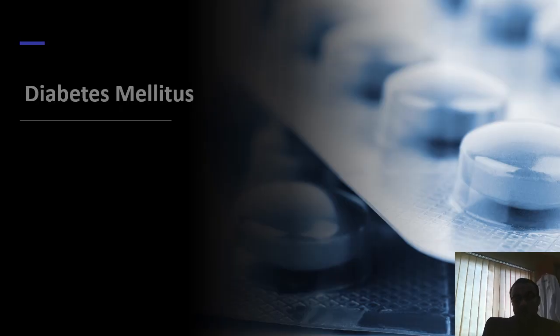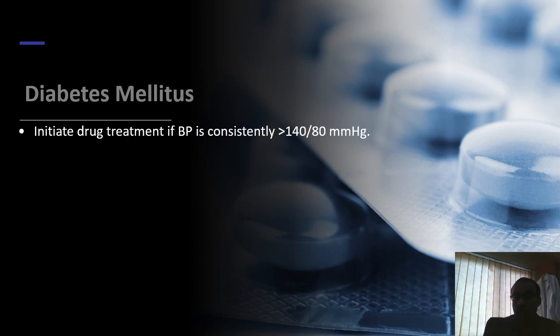First, and the most important, is diabetes and hypertension. Latest data from my own research: we worked on a project related to diabetes, and we found that 80% and sometimes 88% of our selected patients with diabetes also have hypertension. So there is a high prevalence of diabetes among hypertensive patients, and that's why we bring it as the first special population. We start the treatment if the blood pressure is more than